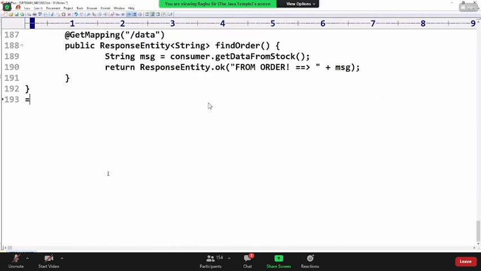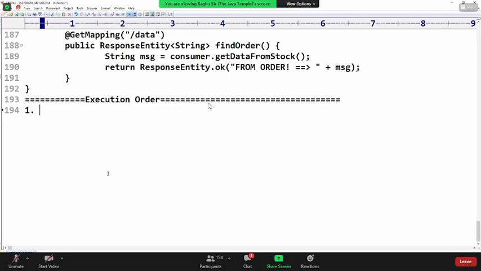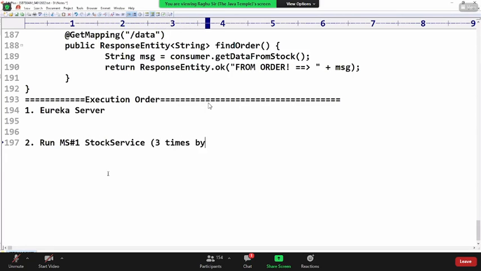Finally, the execution order. Run the Eureka server. Run microservice 1, the stock service, 3 times by changing the port number. Okay, run microservice 2, the order service.